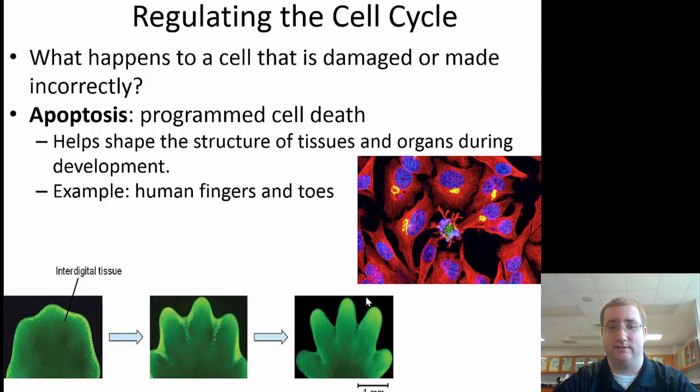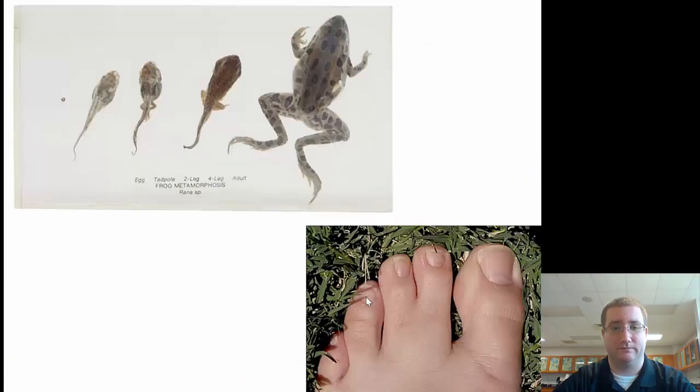So apoptosis, this programmed cell death, is also involved in preventing cancers. If the DNA or the cell is damaged, it can prevent it from growing out of control. But it's also a very natural process in actual human development and creating the actual organism. So we can see two examples of apoptosis.